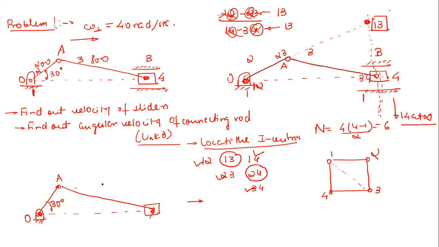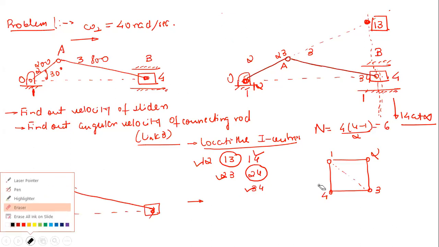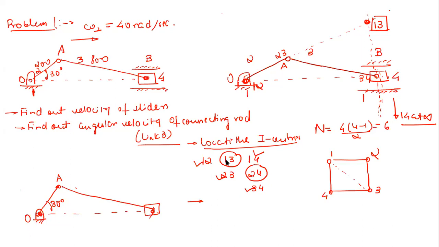So this is a shortcut way, but try to apply the shortcut way only when you have very simple mechanisms. It is not going to work for very complex mechanisms, right? For complex mechanisms, just follow the standard approach. I will come to that later on. We will try a problem on complex mechanisms as well.